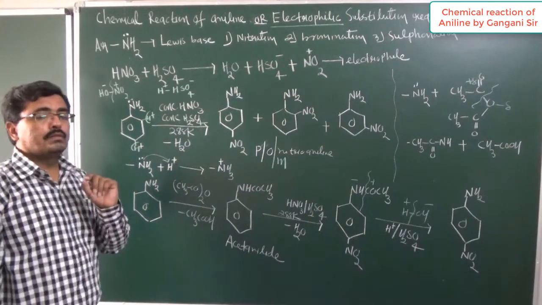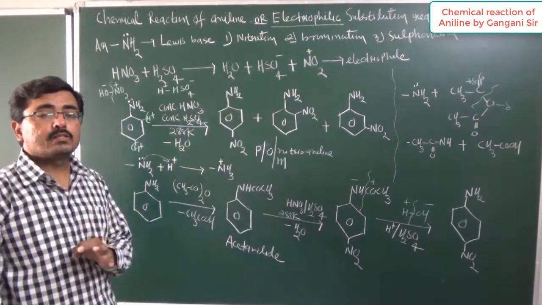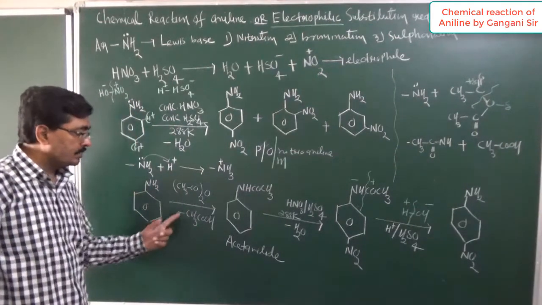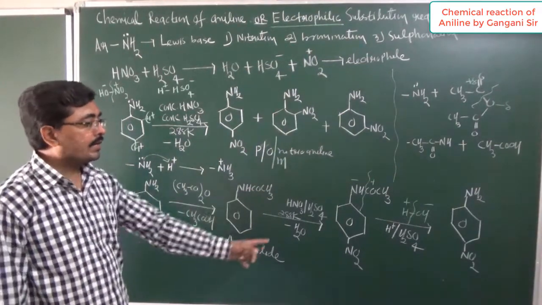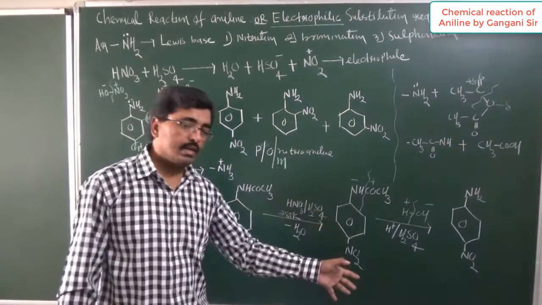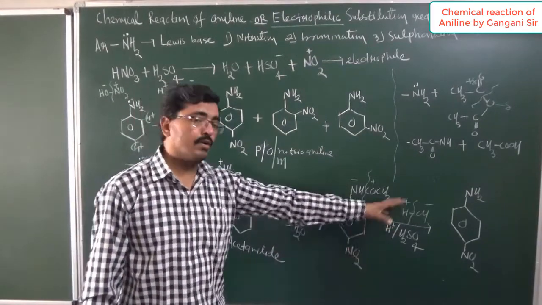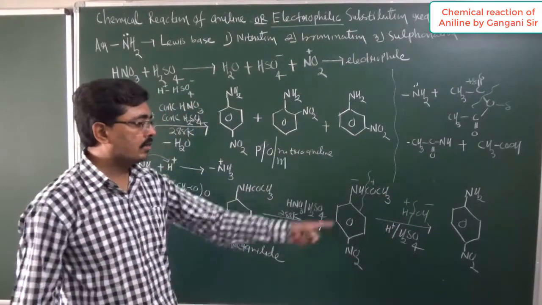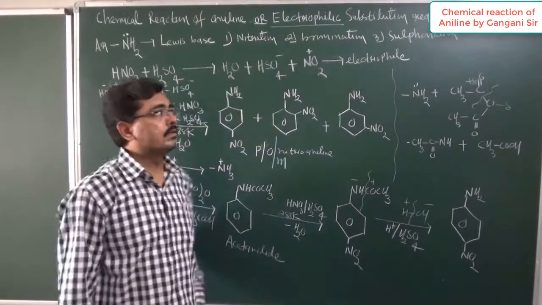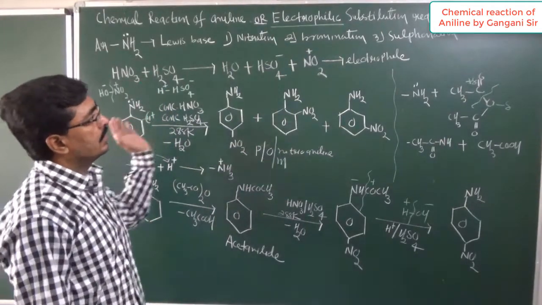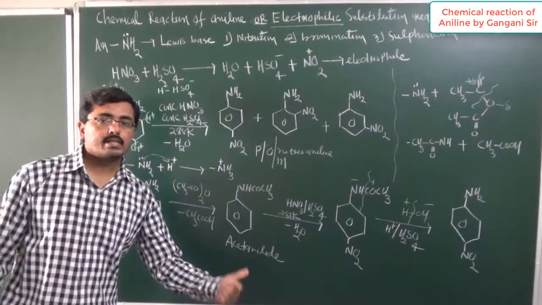Suppose reaction we are performed by using acetic anhydride. यदि हमें mono substituted product चाहिए, then reaction is performed by using acetic anhydride. So first we get acetanilide. Now acetanilide on nitration giving us para nitroacetanilide. Now this product, whatever obtained to us, we have to perform hydrolysis, and hydrolysis giving us only para nitroaniline. So by using this method, we can perform nitration of aniline. Now take a screenshot of these things, then we go for next part.